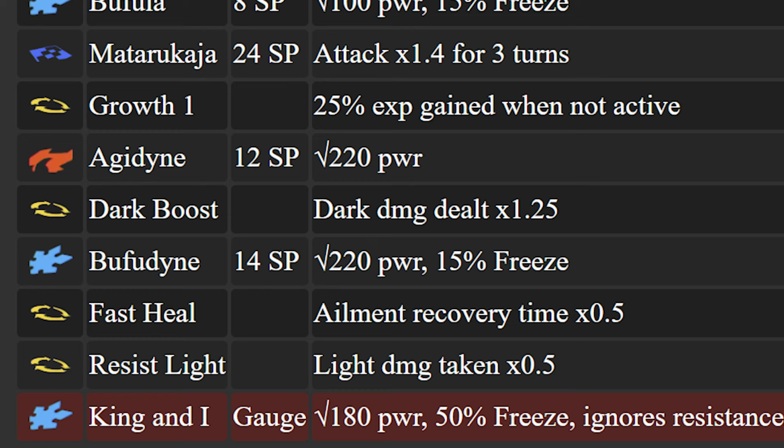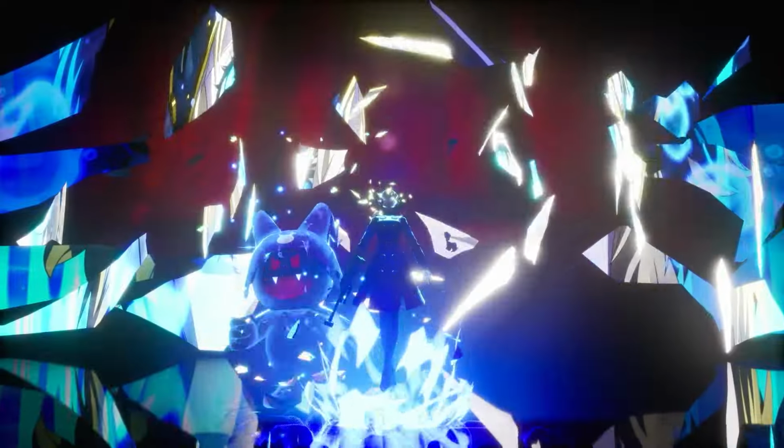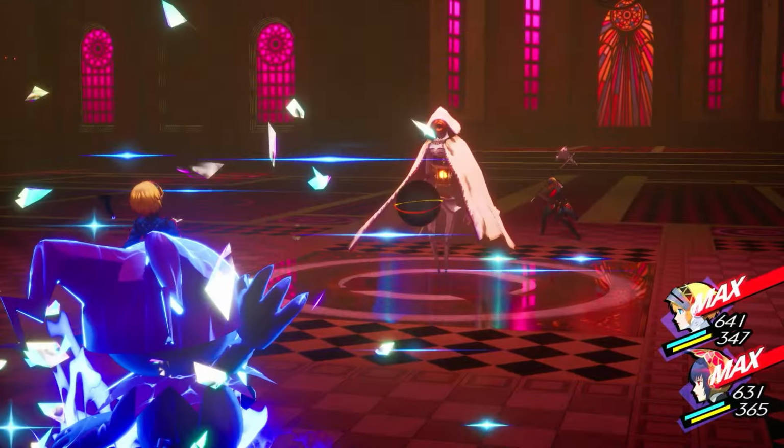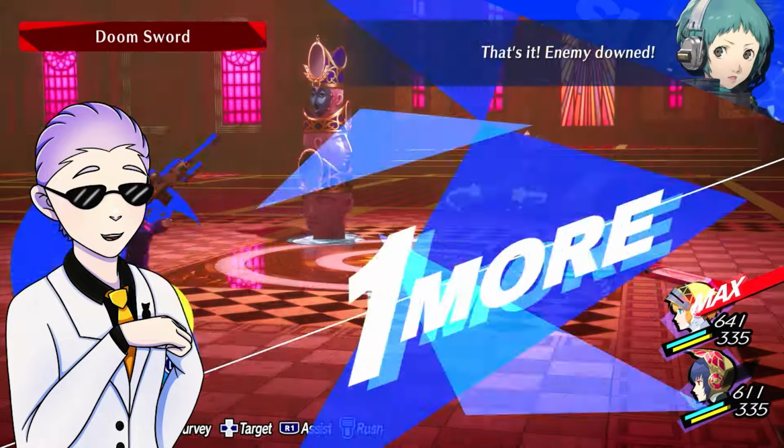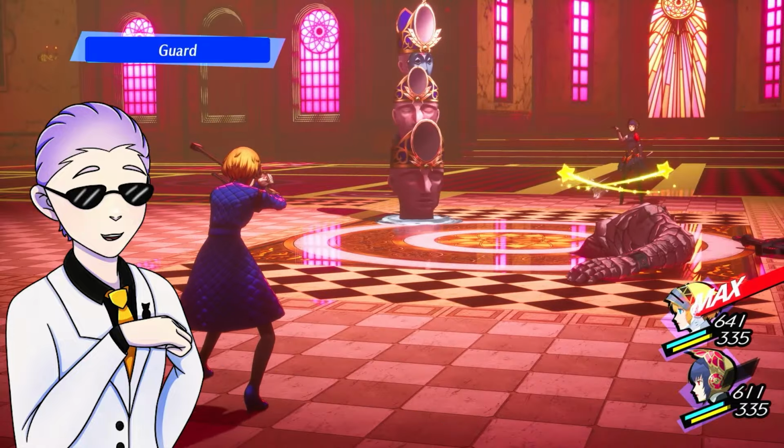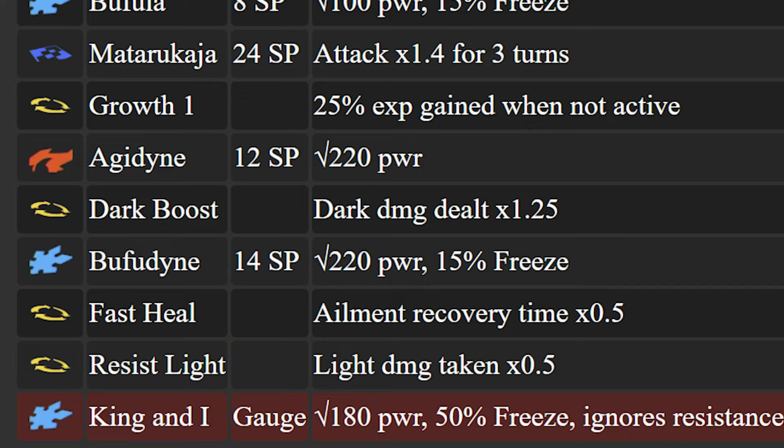As for his other skills, he's the earliest persona who learns both Agidyne and Bufudyne, which allow him to deal damage with some of the most common weaknesses in the game. In fact, Black Frost could actually deal respectable damage to enemies despite the level gap. He also learns Dark Boost and Fast Heal, which aren't that important as he won't be using any dark spells, and Fast Heal is not insta-heal, so...